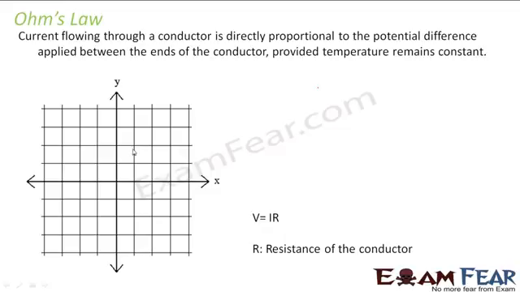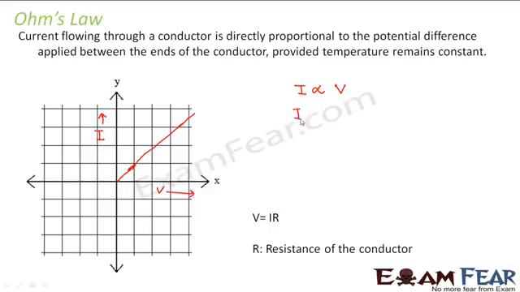So what he actually did, he had set up a circuit, and he kept on increasing the potential difference between the ends of the conductor, and he kept measuring currents for different values. Then he plotted a graph where he took voltage along the x-axis and current along the y-axis, and he found that the line which was obtained was something like this, which showed that current is directly proportional to the potential